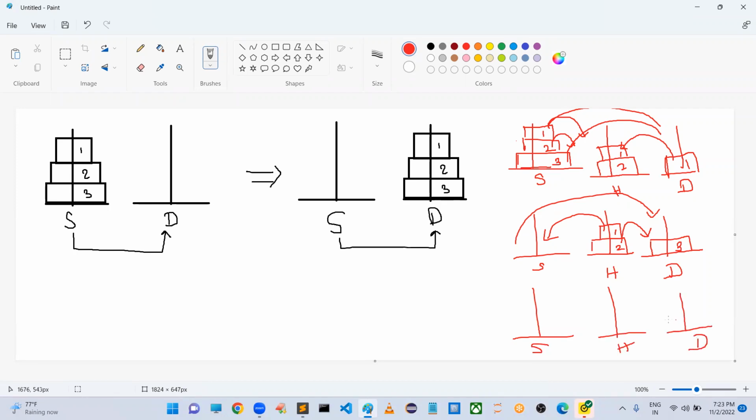And in the destination, sir, we are going to have 3 and we are going to have 2. And here we are going to have the first disk. Like this we have to do. Okay, sir, it is nothing but the best example for recursion, because, sir, if you have only one disk, it is easy to